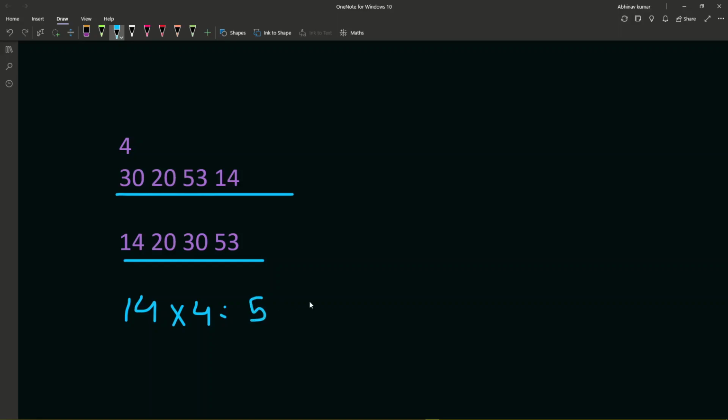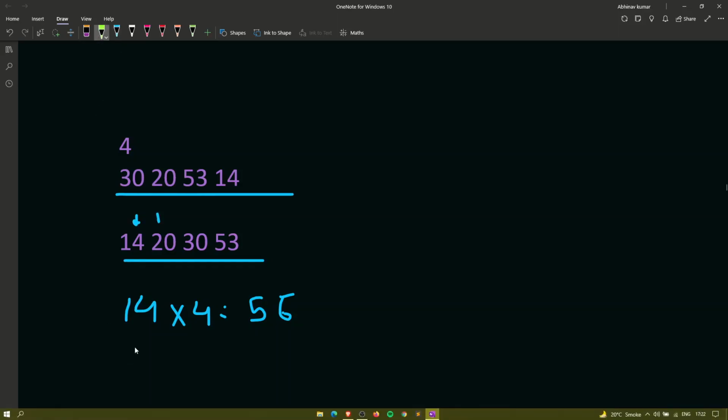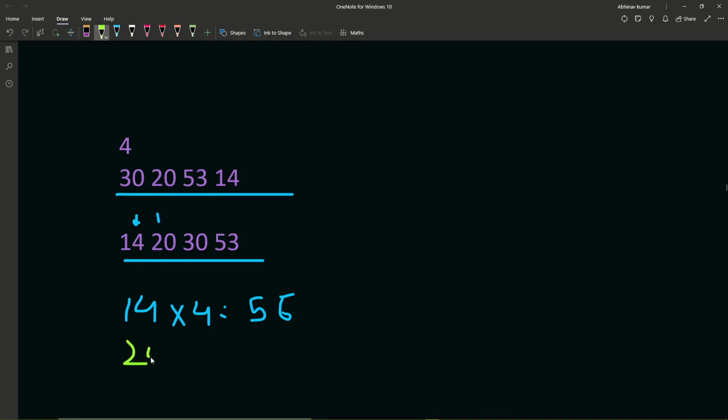It will tell us how much money we are going to make after we choose 14. And then we will choose 20. First we iterate over 14, then we do 20. When we do 20, we are going to make 20 times the number of elements after it, which is 2 elements after it, plus 1, which is 3. So 20 into 3 is 60,